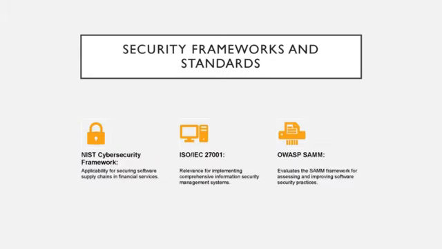And then the security frameworks and standards. Security frameworks like the NIST Cybersecurity Framework, ISO/IEC 27001, and OWASP SAMM provide foundational guidelines for securing the software supply chain. These organizations provide us the basic guidelines. If we as developers follow these guidelines, we